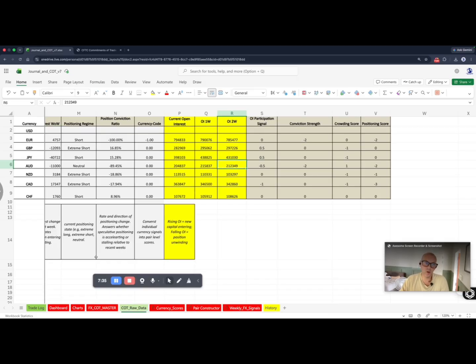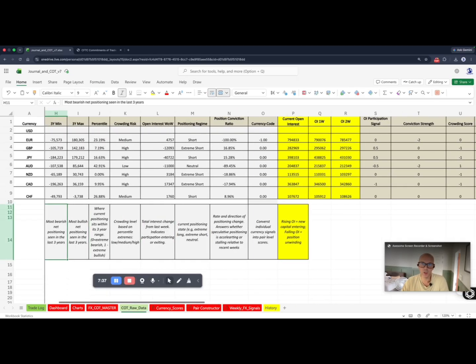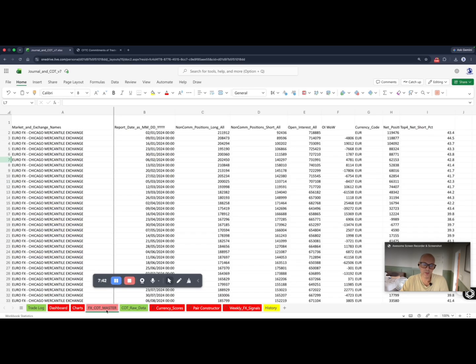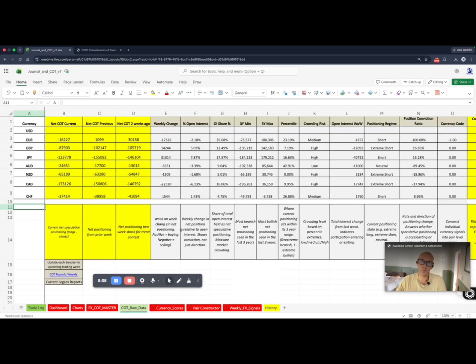But it's not only 3 weeks worth of data that this spreadsheet is designed to look at, because in the FX COT master here, we've got 3 years worth of this data. And this is very important for one reason, and that is where we can find the percentile, where that currency is currently sitting in a 3-year extreme range. Is it in the upper percentile, the medium percentile, or the lower percentile? And this is important because